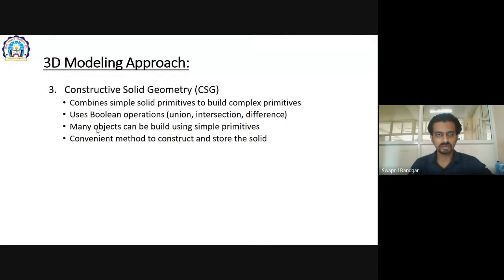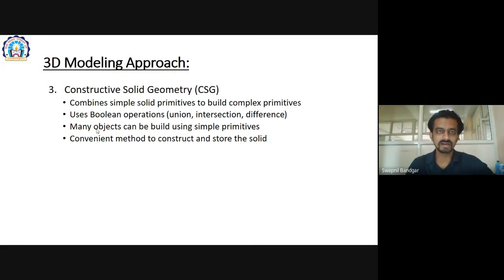CSG uses primitives to model a 3D model, and all of this uses Boolean operations like union, intersection, and difference. Many objects can be built from simple primitives, so you can make any number of models with them.